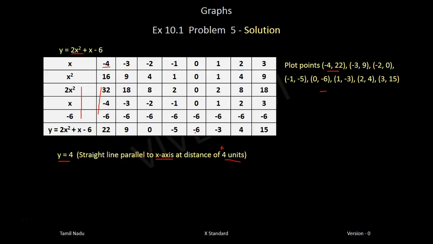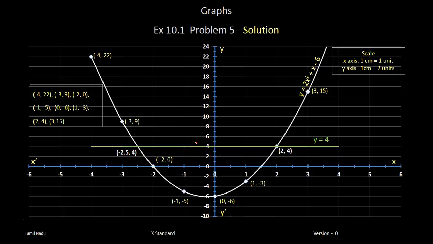Now take the case of y. Y ranges, minimum is minus 6, maximum is 22. So maximum minus minimum, 22 minus of minus 6, is 22 plus 6, which is 28. So if you put 1 centimeter as 1 unit, you'll have to have 28 centimeters of y-axis alone, which is not possible. So we'll take the scale 1 centimeter equal to 2 units for the y-axis. Okay, right. Now let's go and plot the